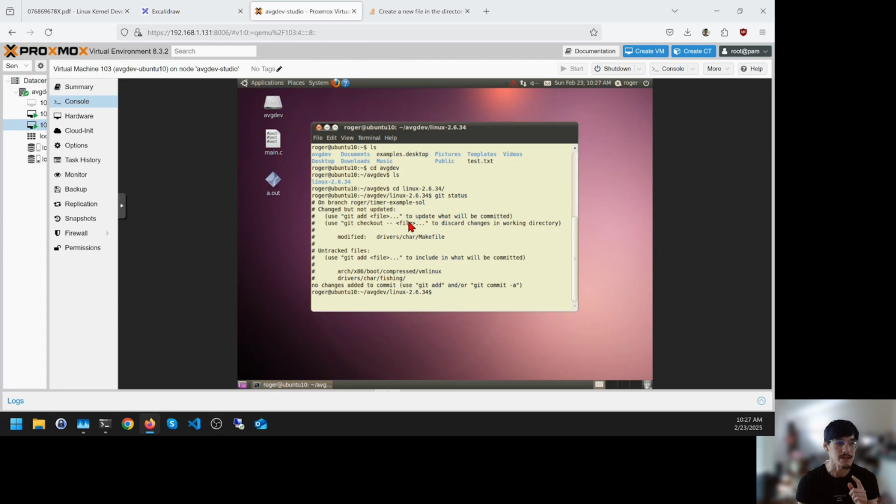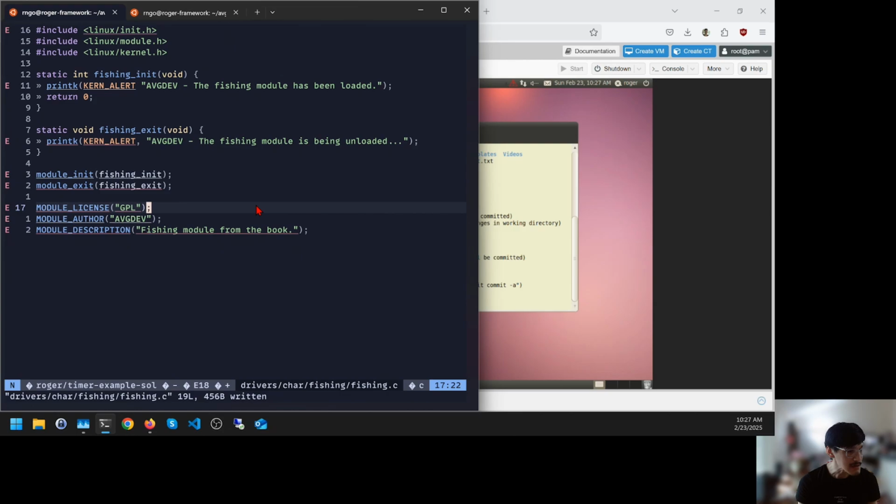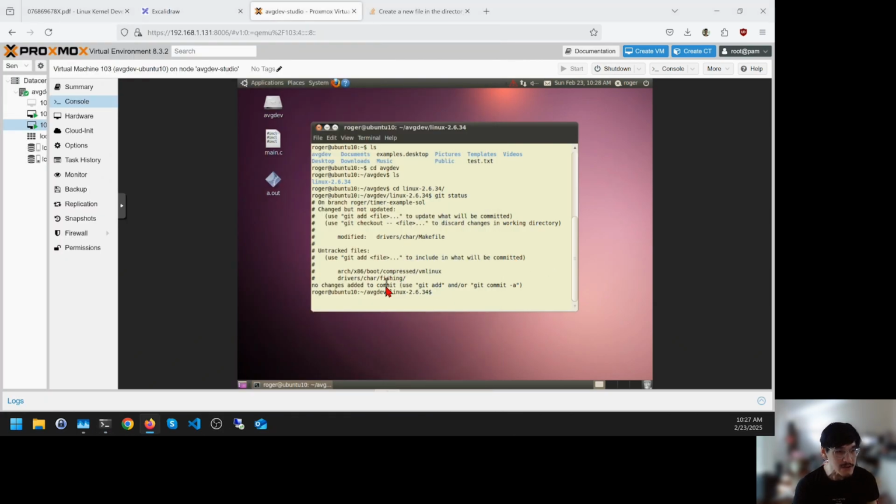Oh, we're still on our timer example. I wonder if we should make a new branch. Hey, how come we're missing a file? I'm so confused. We should have more files, right? We should have the phishing.c file. We should have the phishing directory in general. Untracked files. Oh, right here, drivers/phishing. Okay. What should we do? Should we create a new branch, or should we just roll with it? Let's roll with it. So make -j16,